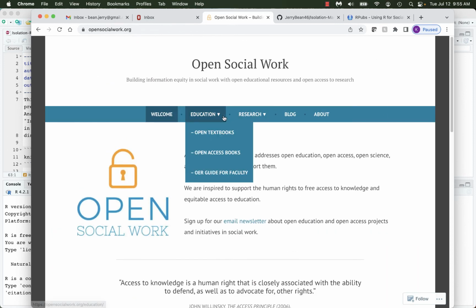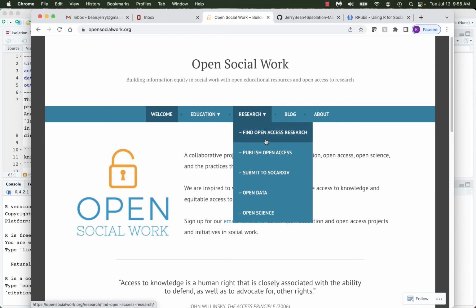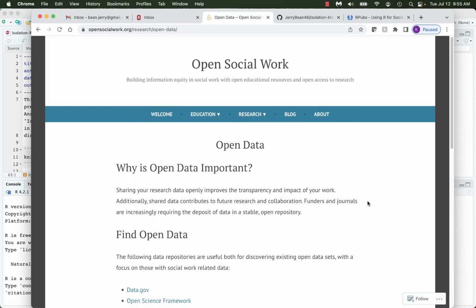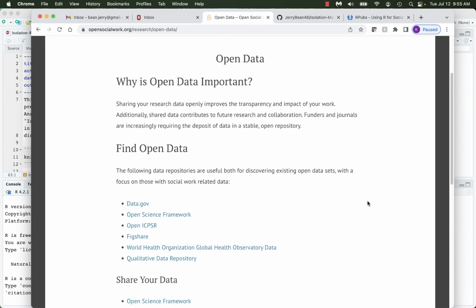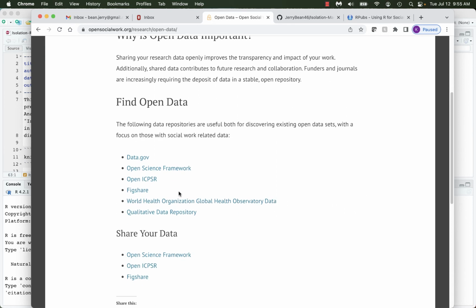And it has some sites for open data. Oddly enough, it doesn't have GitHub on it, but Figshare is apparently popular, and the Open Science Data Framework are there too, as I understand it, repositories. And there may be others. I'm not sure about some of these others, but certainly you don't have to use GitHub to do the data sharing replication process that I just illustrated. It just seems to work pretty well if you're making a commitment to using R and RStudio.